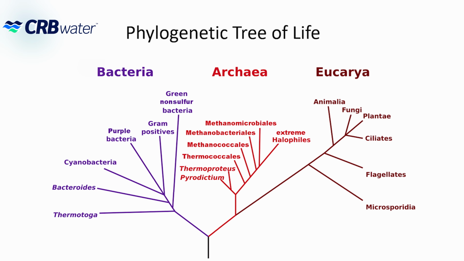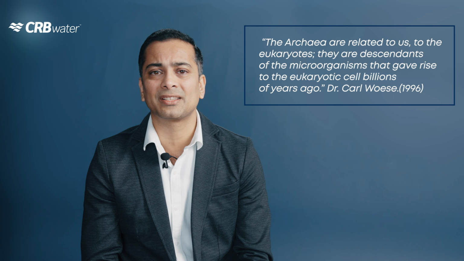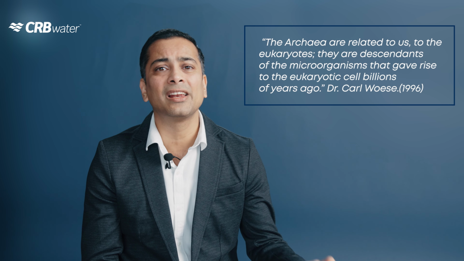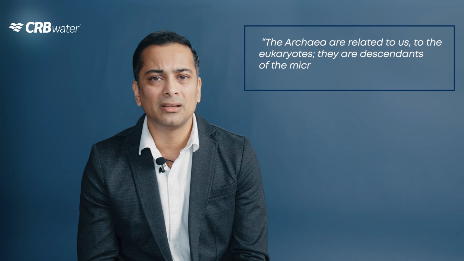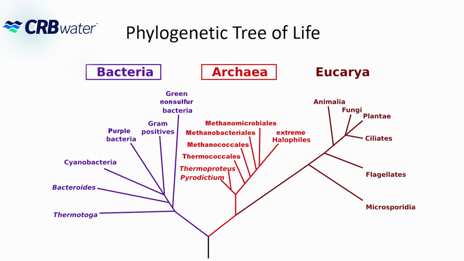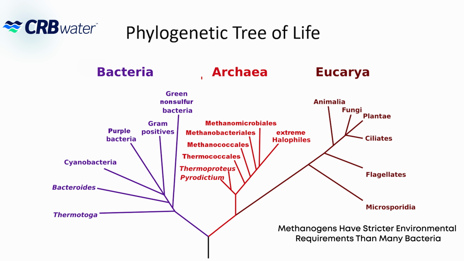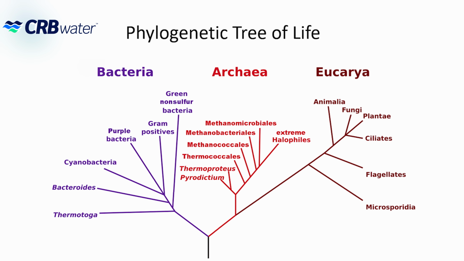It is interesting to note that the Archaea domain containing methanogens is branched closer to the eukaryotic domain, under which humans, plants, and other animals are classified. Hence, prominent scientists believe that archaea are genetically closer to humans than bacteria. This means successful digestion requires syntrophy between two genetically diverse domains of life. Moreover, the methanogenic archaea have stricter environmental requirements, like higher life forms, making the anaerobic digestion ecology sensitive to environmental